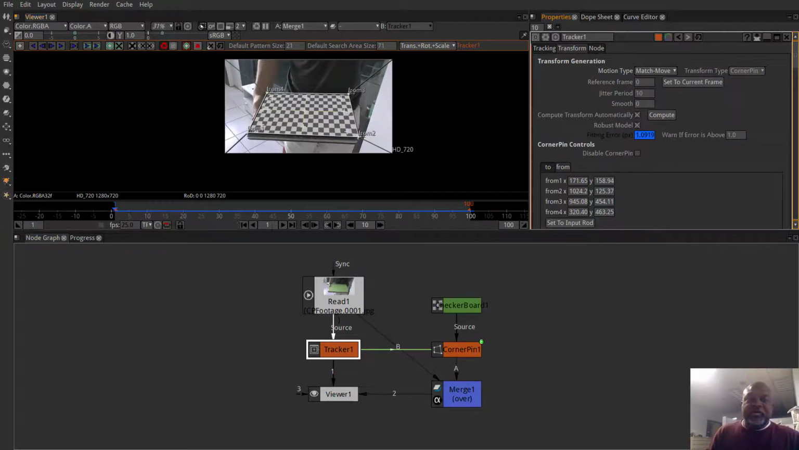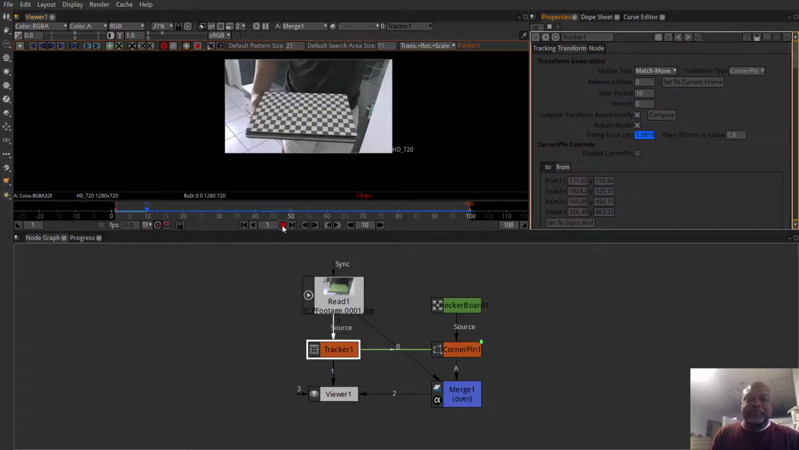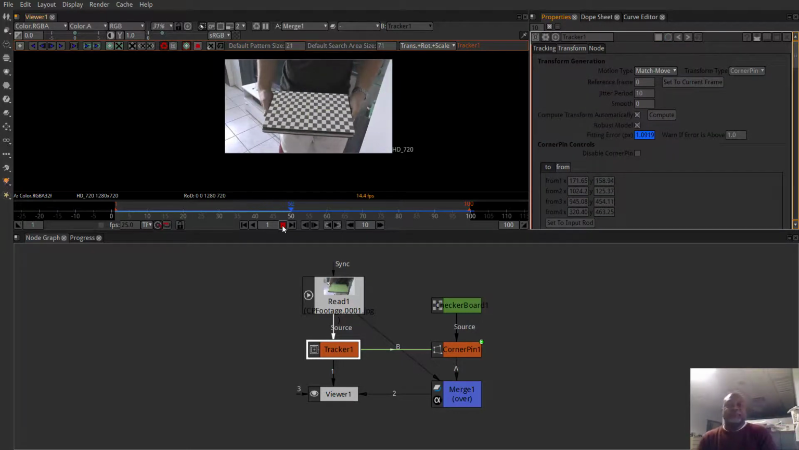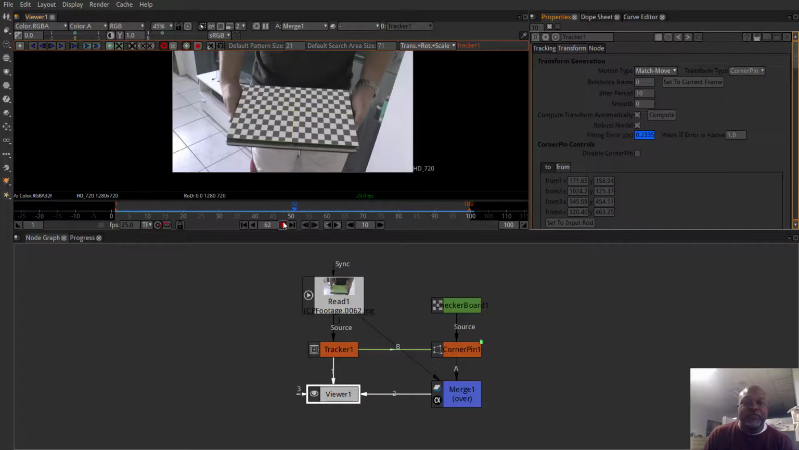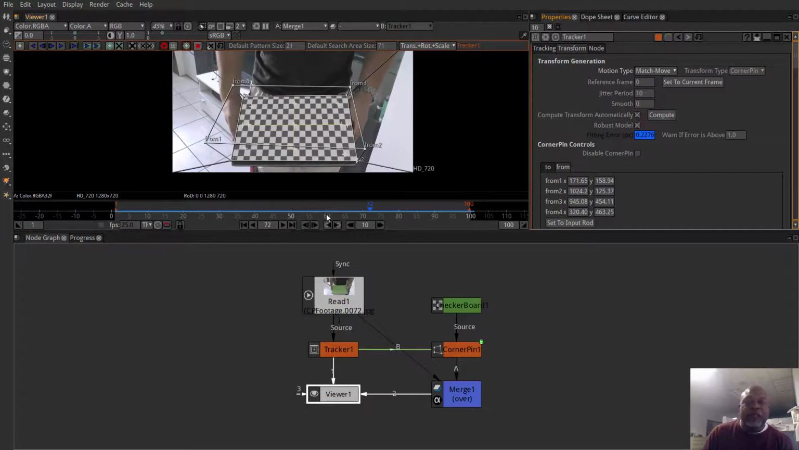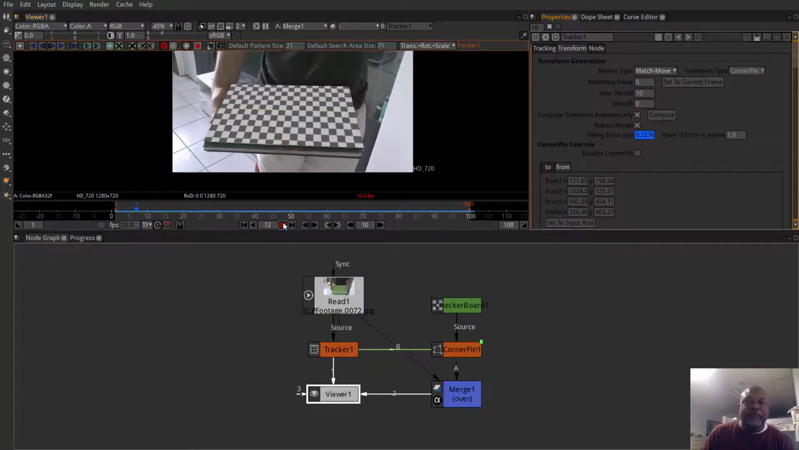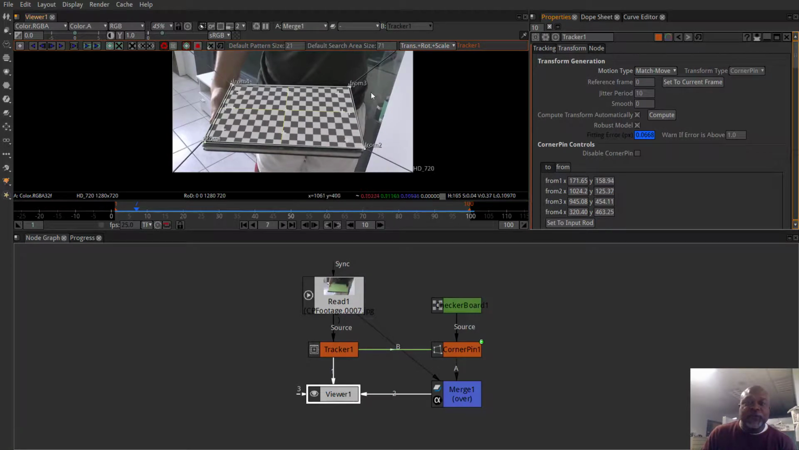So let's play it. And as you can see, all those tracking marks we did with the corner pin, on the plane, it gave us a nice little solid track. Now I can see right now that some of these parts here are moving, and that's because I didn't do enough corner pin tracks, and also